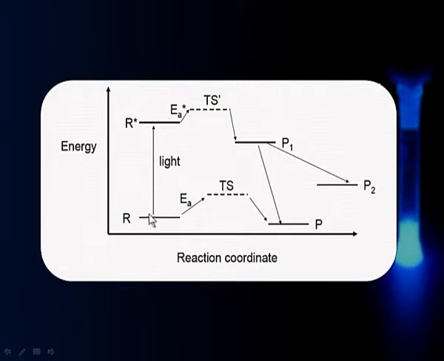This is an illustration which tells you about the difference between the two kinds of reactions we are talking about. Now, suppose this is a reactant here. In the case of a thermal reaction, I give some energy, the reactant molecule gets excited, comes to the transition state, and that gives down to the product side. That is a typical kind of reaction we are familiar with.